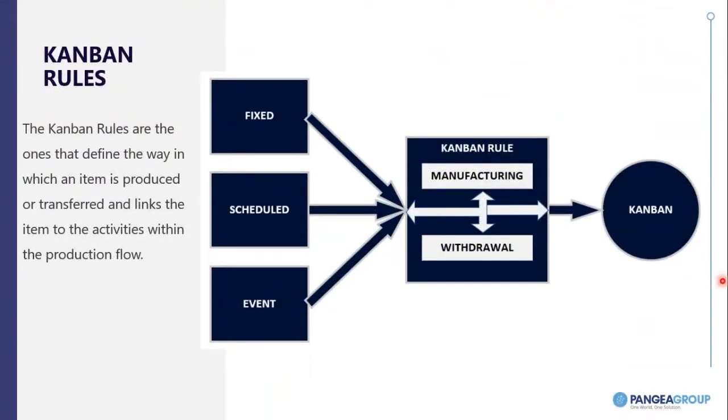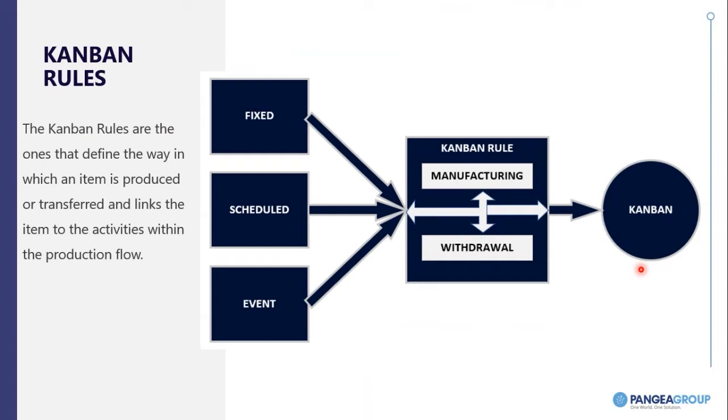Common rules in supply chain management are important to all the products because they define the activities that a Kanban goes through. Kanban rules are tied to production flows as the foundation that describes the activities of a Kanban. Kanban rules can support a variety of make-to-stock or make-to-order scenarios. According to a Kanban rule, a Kanban